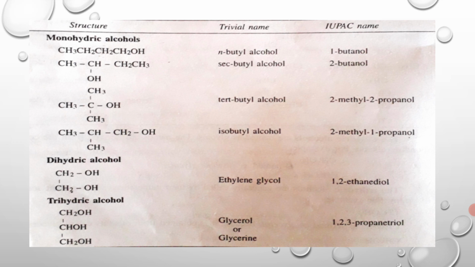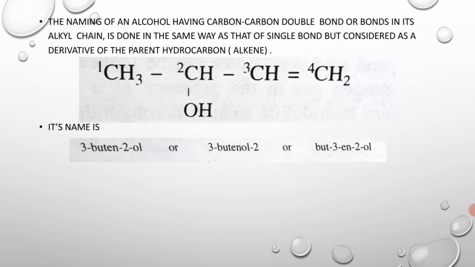Similarly, the naming of an alcohol having a carbon-carbon double bond in its alkyl chain is done in the same way as for a carbon-carbon single bond. It would be considered as a derivative of the parent hydrocarbon, that is alkene. For example, we have CH3 CHOH CH=CH2. We have discussed this example in the previous slide, and there we have put its name, and according to IUPAC rule,